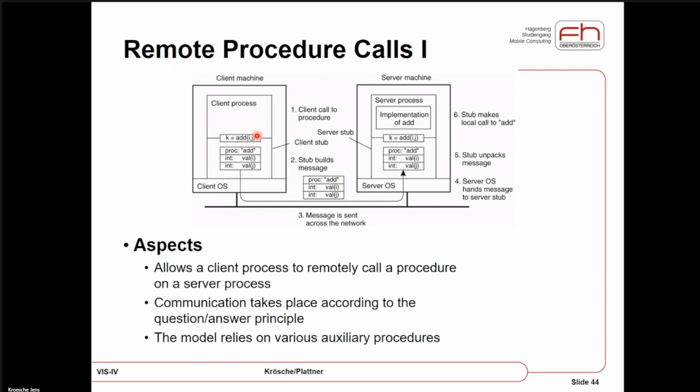What really happens is that in the client process, in the client stub, the request to call the add method and add these values is marshaled into the transport protocol. First of all, it's translated into how this call should be communicated, into the language of the middleware.